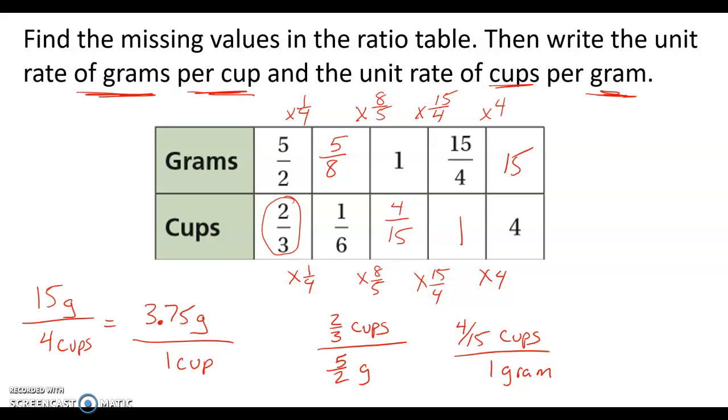Or if you want to change it to a decimal, that would be 0.2 with a line over the 6 cups per 1 gram. So we were able to fill in the chart, and then we were able to find the unit rates, 2